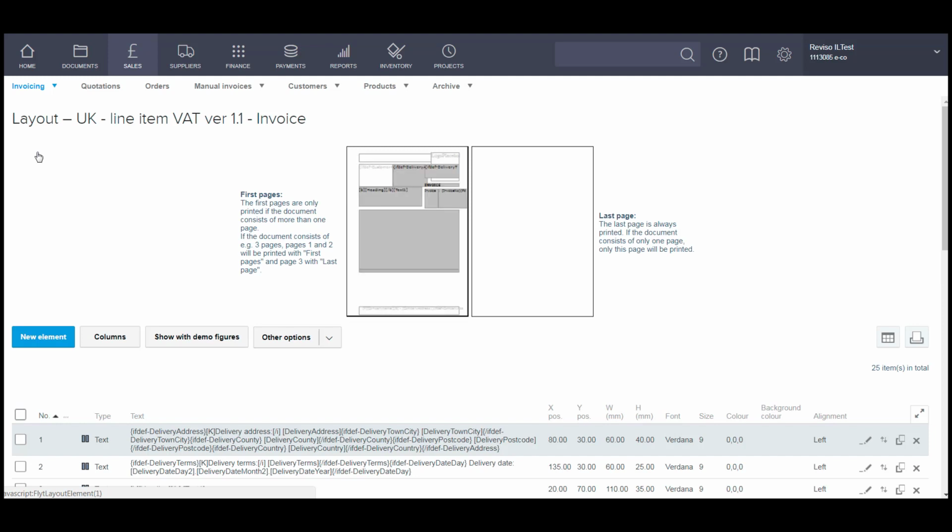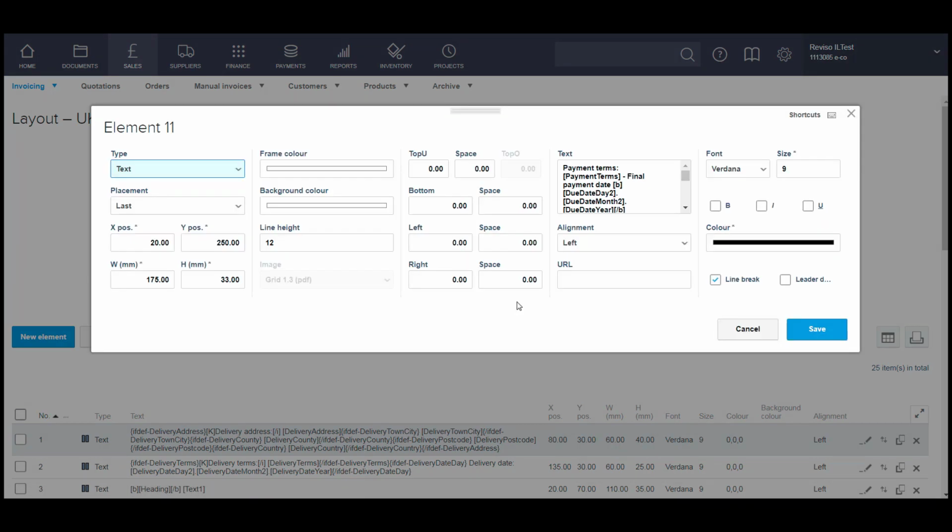Another area that is changed quite a lot, or can be changed quite a lot, is the payment terms. Again, the payment terms here pulls information from your master information and your bank account details. Now it may be that you have more than one bank account, so when you're invoicing maybe a European customer, you might want them to pay into your Euro account or your US dollar account. So it's pulling the dynamic information in, but you can remove this dynamic information and hard code your bank details into there,